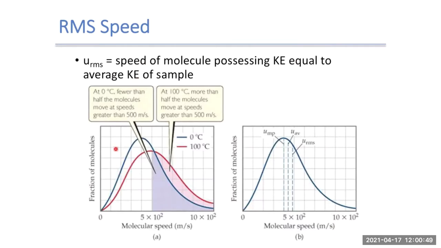And so what happens is if we look at the temperature, because temperature affects the speed of our molecules. So if we look at our graph here, at 0 degrees, fewer than half the molecules are moving at a speed greater than 500 meters per second. At 100 degrees, so I've heated up, the molecules move faster, and more of them are moving at greater than 500 meters per second. So you can see the curve shifted over when we increase the temperature. So more molecules here are moving faster.